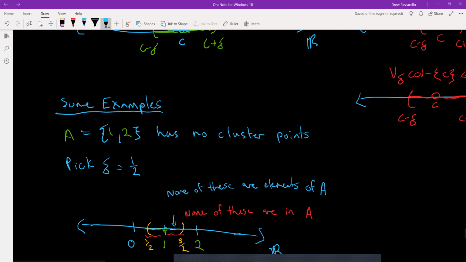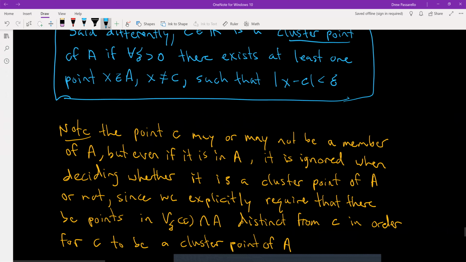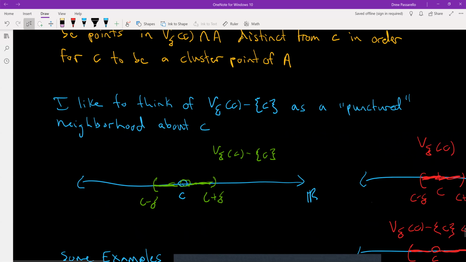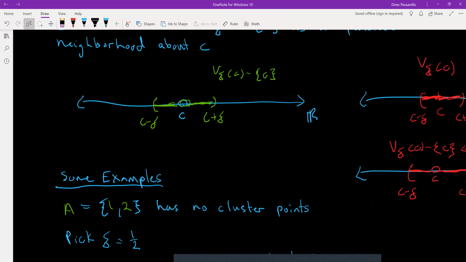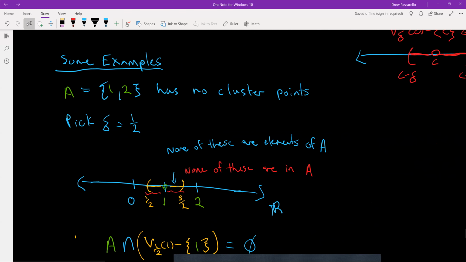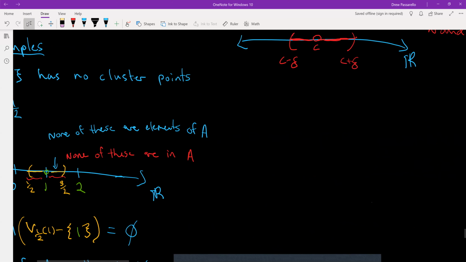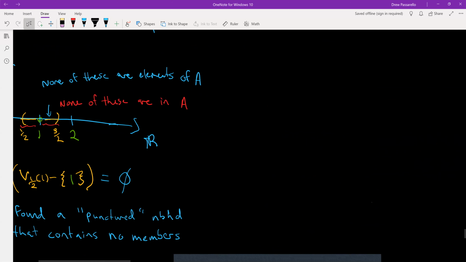So recall that a point is a cluster point if it holds for all delta. So as long as I can produce a single delta that makes it not true, then that makes it not a cluster point. In this case, I picked delta being 1/2, a single delta that contradicts what it means to be a cluster point, since it has to apply for all delta. And in fact, none of these two points that are in A are cluster points. So just to reiterate,